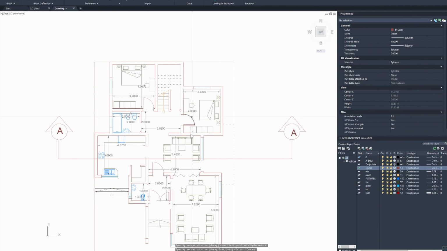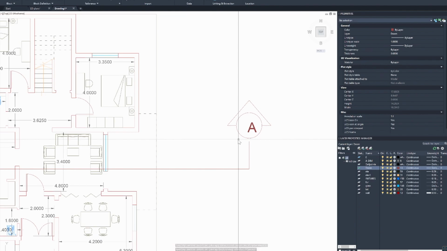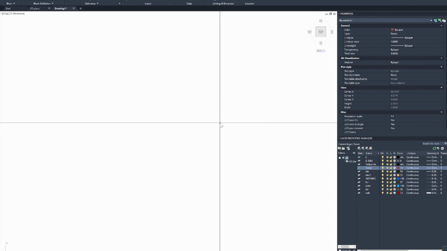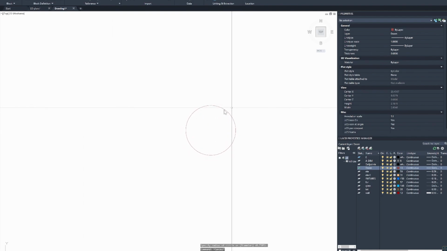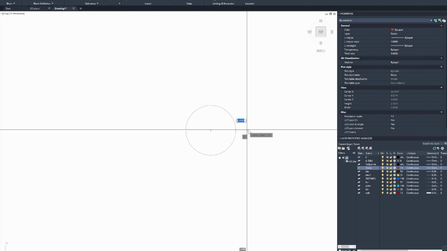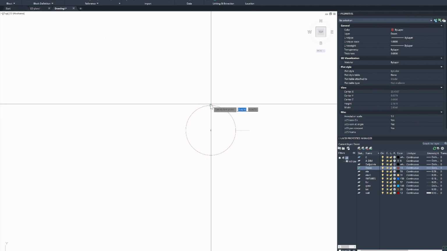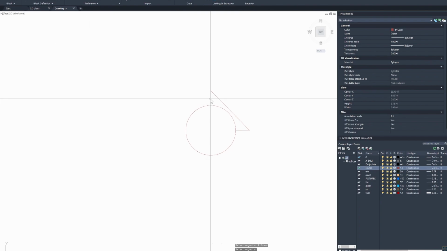and that's also time taken from the project and from my drafting. So to avoid that, I'm going to have this as a block, but I'm going to have AutoCAD requesting me or prompting me to change this and to input the value of this. Let's do this together right now. I'm going to zoom out and I'm going to move somewhere else. I'm going to draw the circle just like I did before, and I'm going to draw this arrow exactly how I did it before, and I'm going to draw it right here and like so,